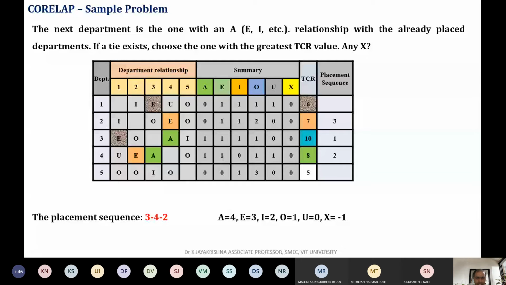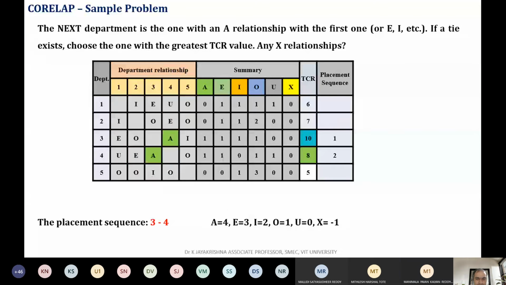If you have any doubt, I can repeat it. If you don't know how we calculated department number 2 as the third department, if I'm confusing or if you're not able to understand, I'm stopping it here. Should I repeat? Okay, thank you. Are you clear with how you place department number 3 as the first department? Yes, sir. Are you clear how we calculated the fourth department as the second department?